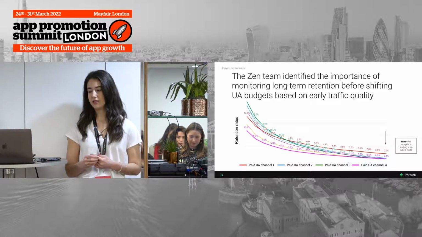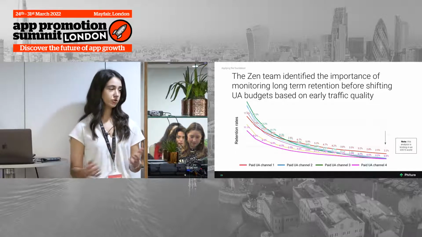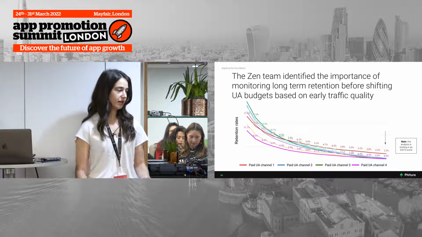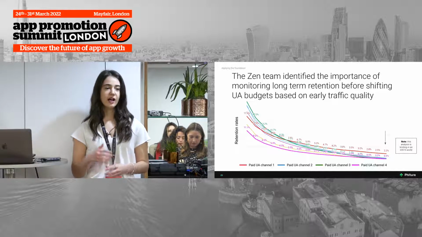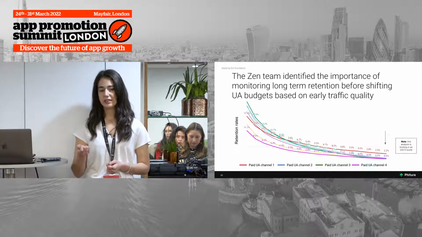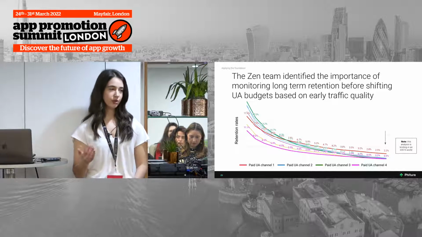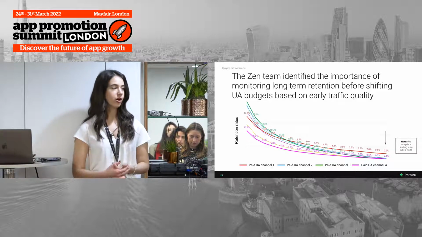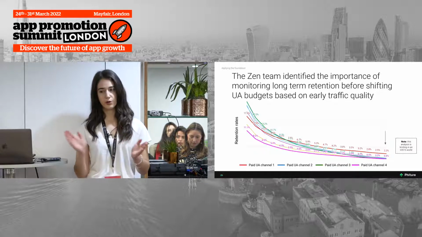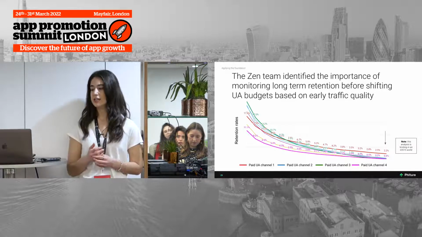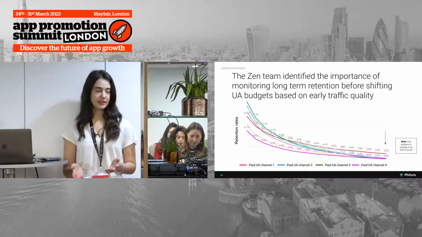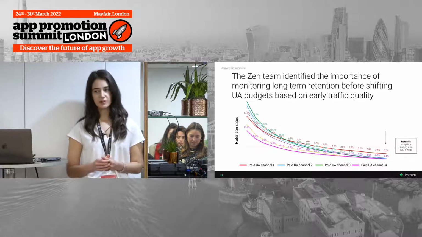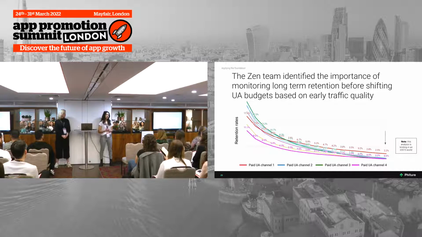So if you have maybe a hunch from historical data, you can study that data and see historically whether channel 1, 2, or 3 has brought in higher or lower quality traffic. You can then test ramping one up and down. Try to control one at a time and then assess what your overall data looks like. So along the onboarding funnel, how does it shift over time? Along retention, how does your blended CPI, CPA look? So it's just going to be a bit more limiting on iOS 15. It's still possible, but you just have to move at a slower pace, like you do with everything else with iOS 15.